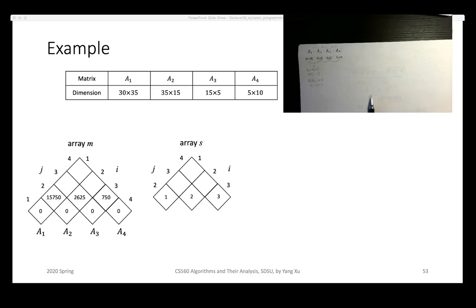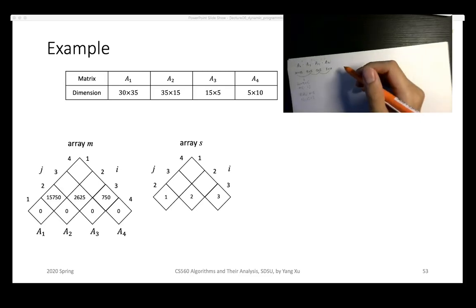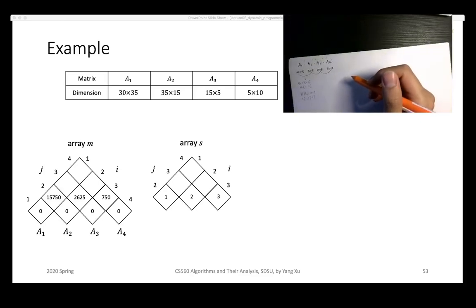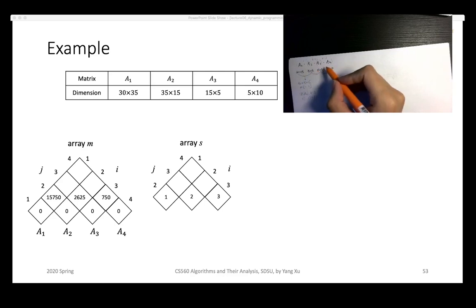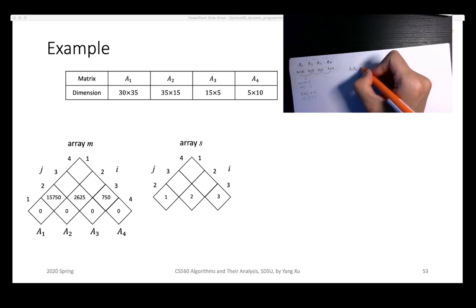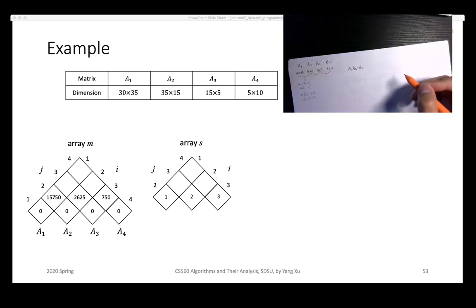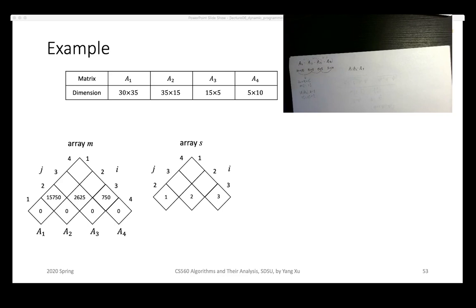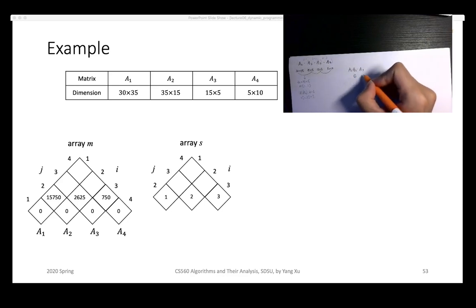So now we're going to solve the subproblems of size 3. In this case we need to solve 2 subproblems. The first one is A1 times A2 times A3. This is a bit different now, because there are 2 ways of splitting this subproblem. Okay, we can either do Option 1,